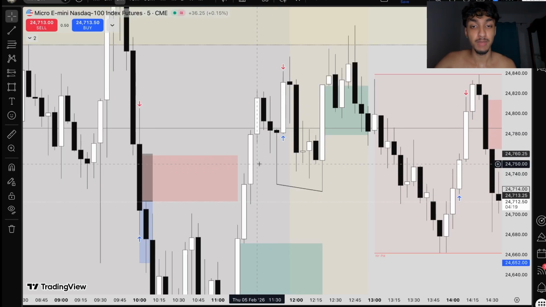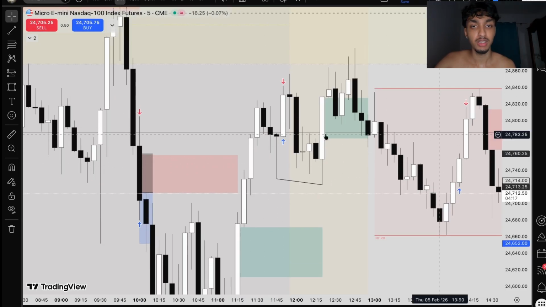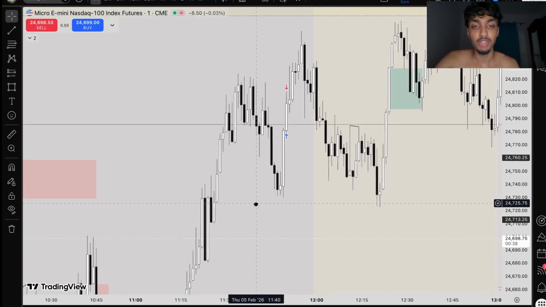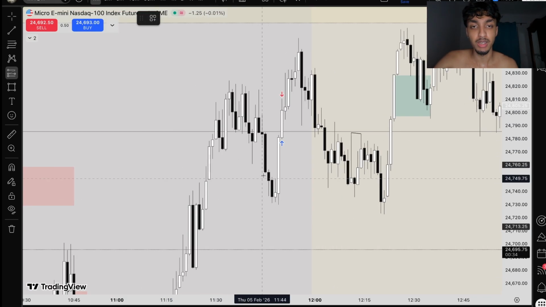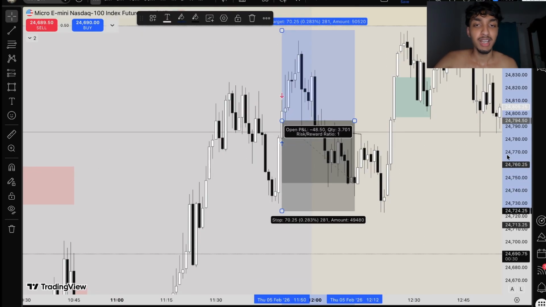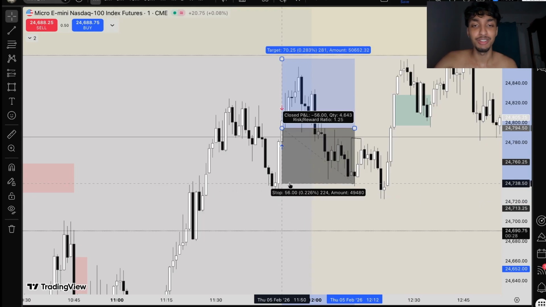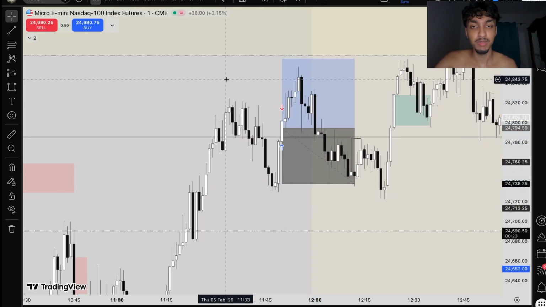We also had an SMT with ES. If I'm not wrong, there was an SMT. And I took an entry based off of this IVG right here. My entry was here, I think. And same thing, I went break even on that. My stop loss was supposed to be here. And my TP, I think it was,